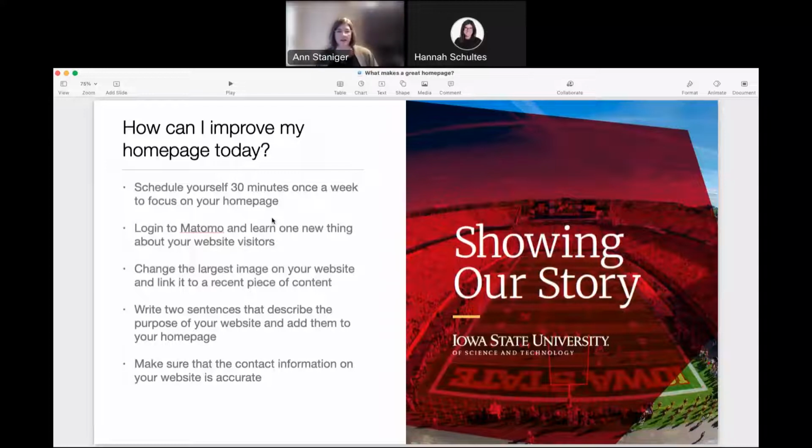You can log into Matomo and learn one new thing about your website visitors. So log in, see what it looks like, just familiarize yourself with it, start to try and understand maybe where your top content is. That's probably going to be your 30 minutes for the first week. You don't have to necessarily do anything, but you did do something major in figuring out how to do it. So the next week, you're more familiar, and then you're even more familiar, and you can actually make improvements